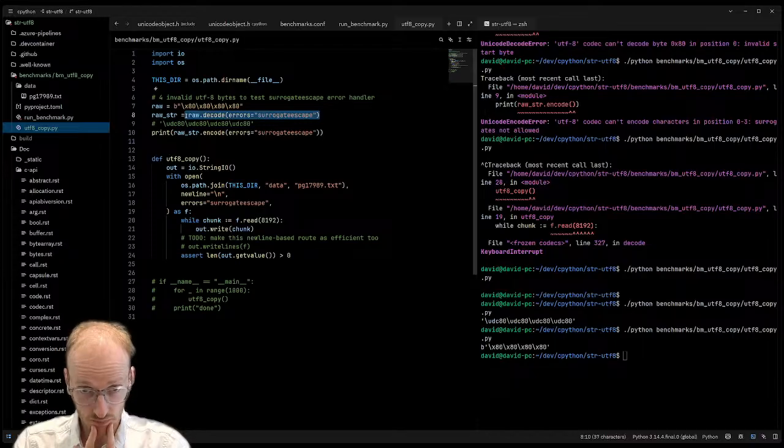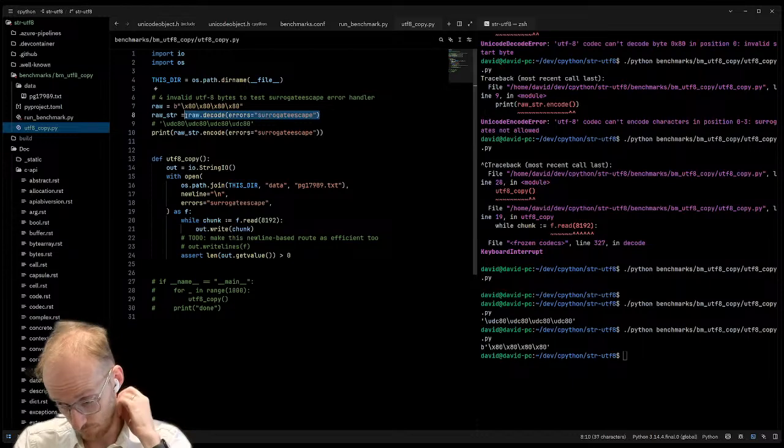Yes, but if the string doesn't contain any UTF-8 incompatible bytes, then we can make a fast path for that. Right, we need to scan the string to find the first error to report or replace or whatever.